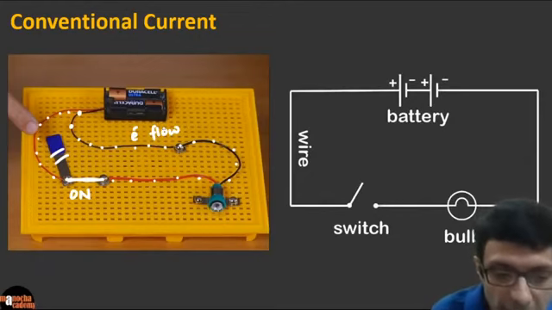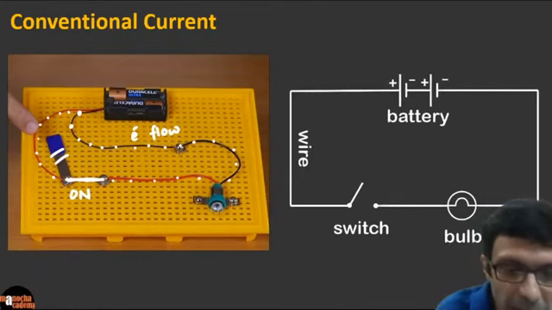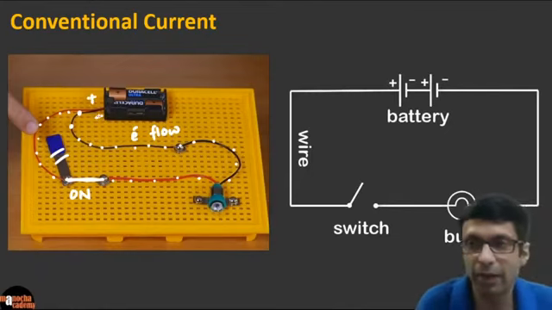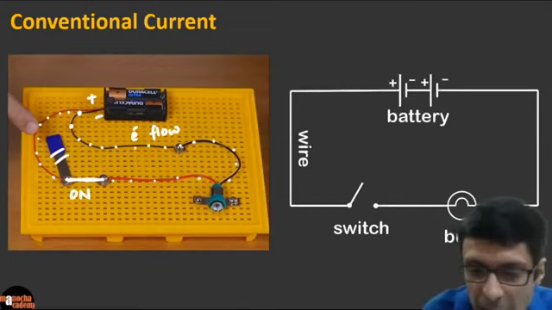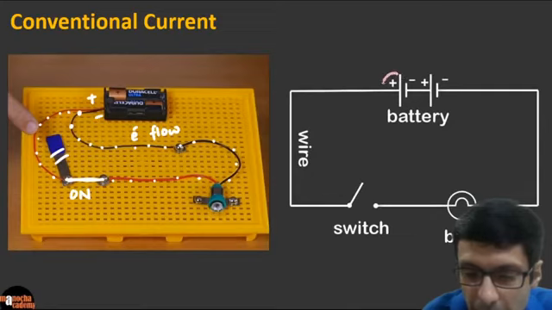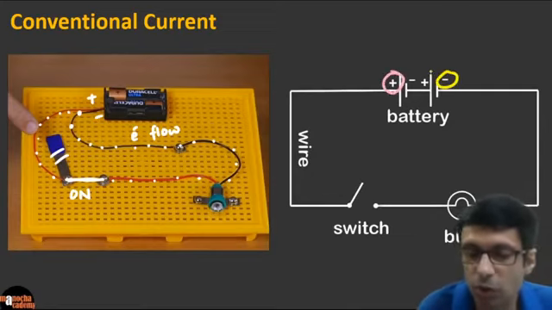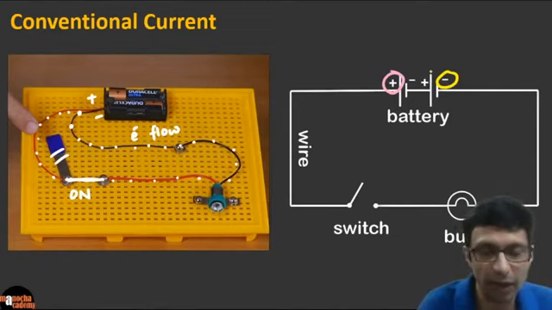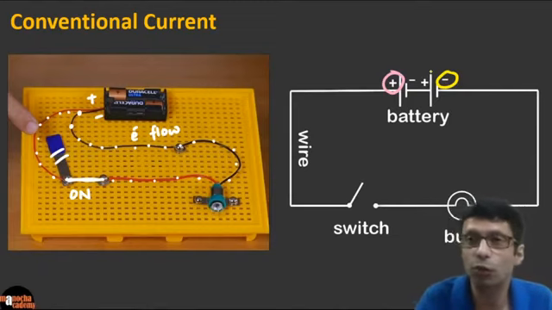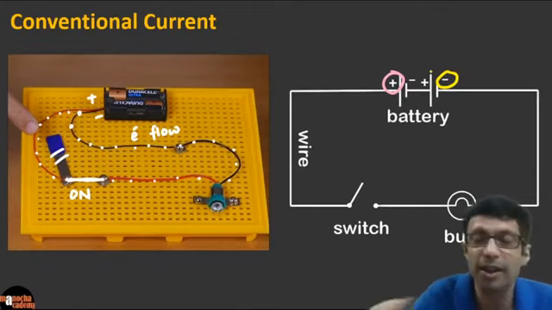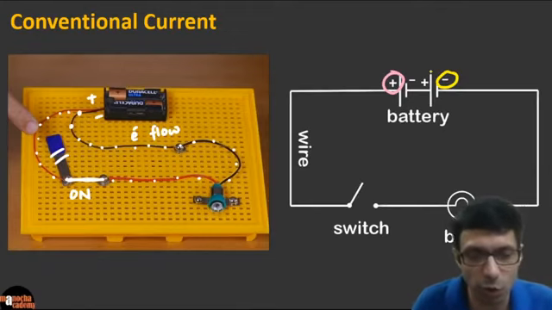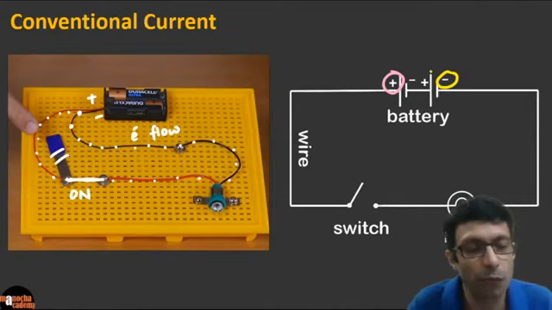So I'll give you two options here. You know that the cell has a positive and negative, right? So it has a positive terminal and a negative terminal, this battery. Can you see here guys, this is the positive side. Can you see on the circuit diagram? I'm marking this in pink here on the circuit, and the negative here in yellow. So overall, there's a plus and minus. Now the question is, are the electrons flowing from positive to negative or negative to positive? Very, very important thing to know. What is the direction of flow of electrons?